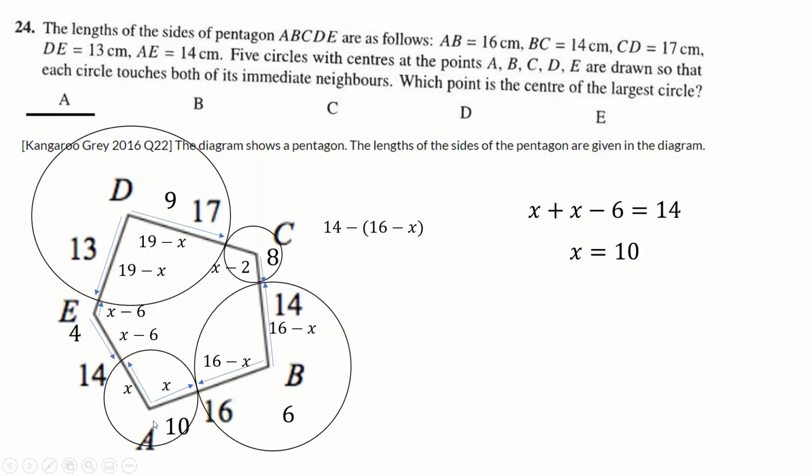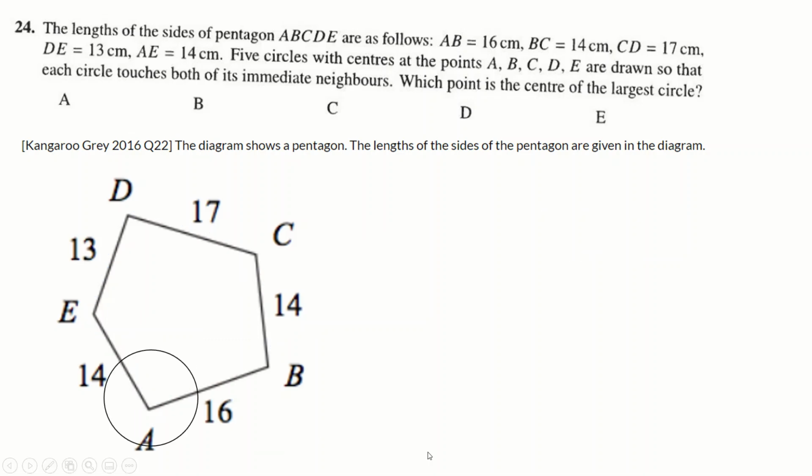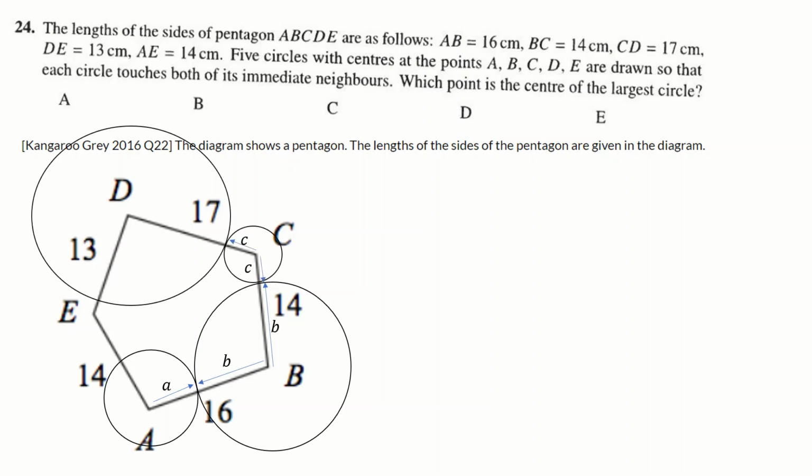Again, I thought I would do that in another way just because I remembered that solution, so I thought it was cheating. So another solution is you be a bit more brave and you call all the circles different radiuses. Like you don't even use the fact that you know the distances as you work around. Just call them all different letters. And then you make a bunch of simultaneous equations based on those letters. So A plus B is 16, B plus C is 14, C plus D is 17, and so on all